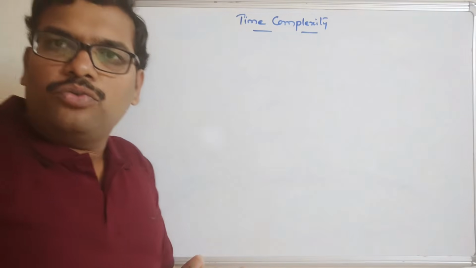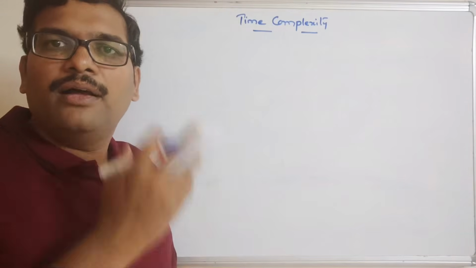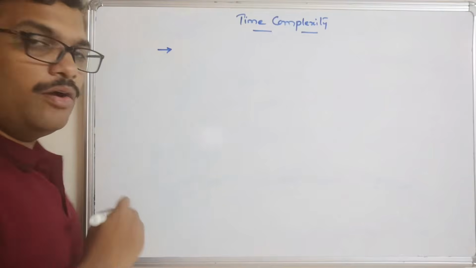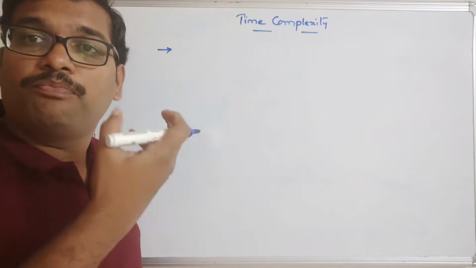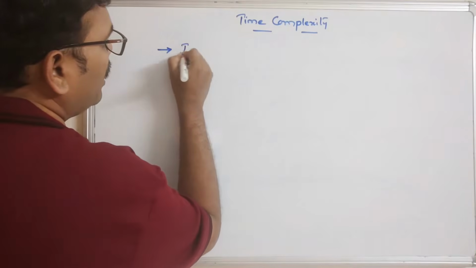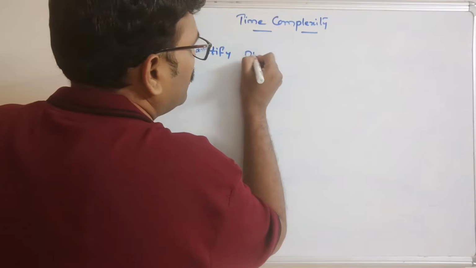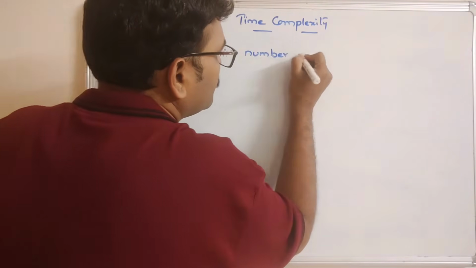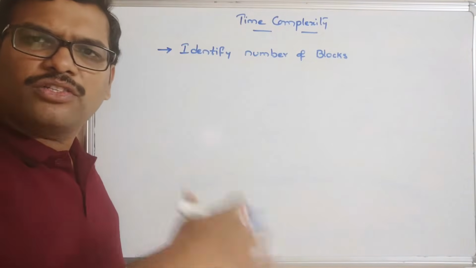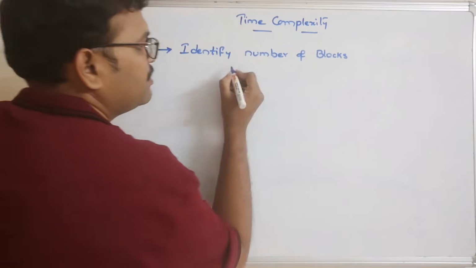So before going to calculate the time complexity, we'll see what are the steps we need to remember before calculating the time complexity. So the first step, we need to identify the number of blocks in an algorithm or pseudocode, or in a program also. So here the number of blocks means